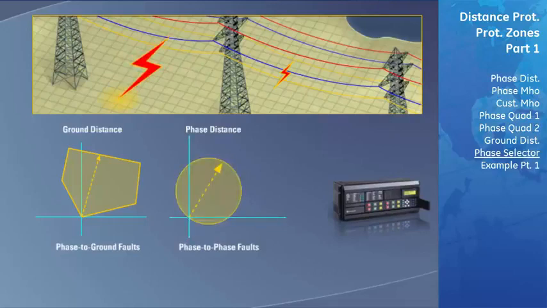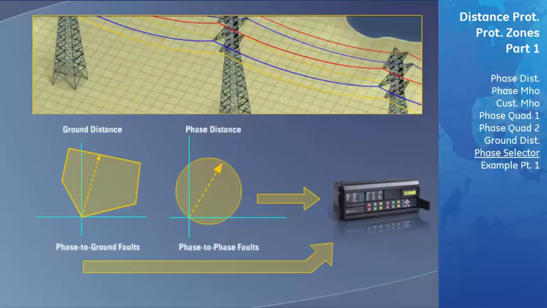The phase distance element would identify the phase-to-phase fault and signal the D60 to trip, and the ground distance element would identify the phase-to-ground fault and also signal the D60 to trip. This operation is acceptable because the end result is that the faulted transmission line would be tripped. The problem with this is that quite often protection engineers would like to know if the fault that occurred is